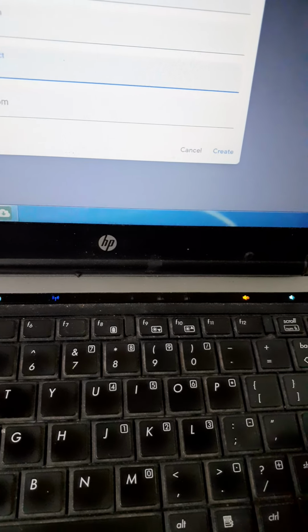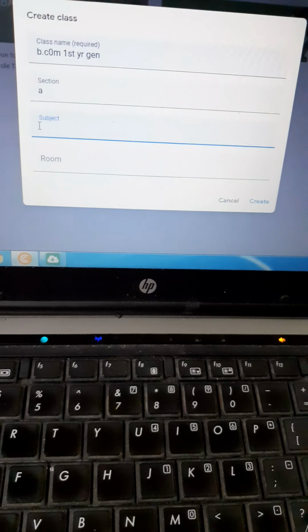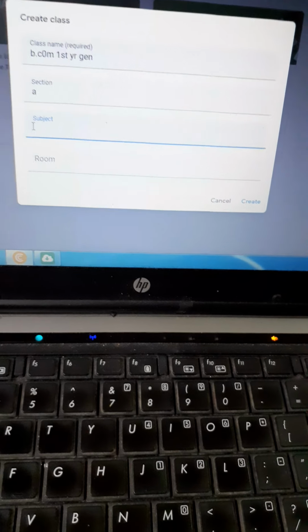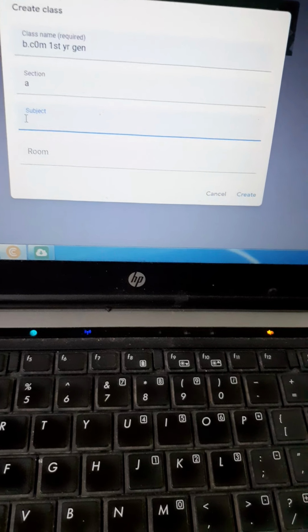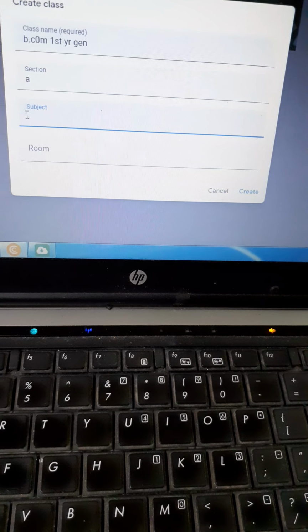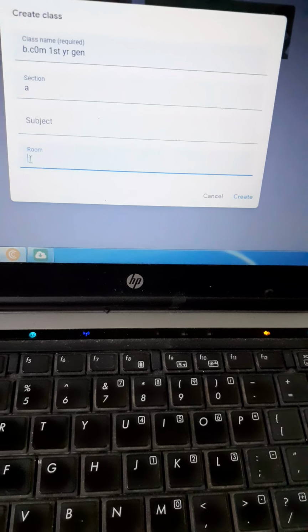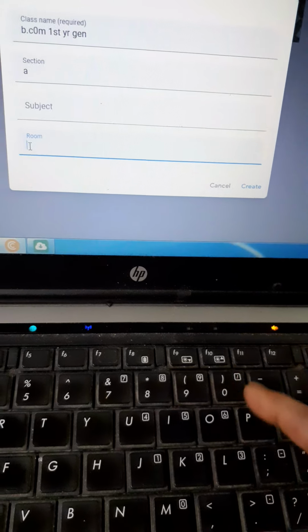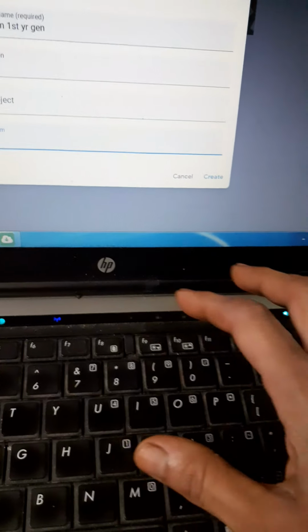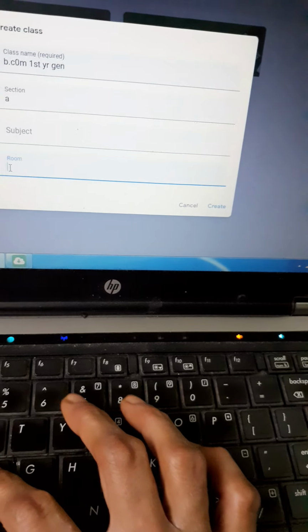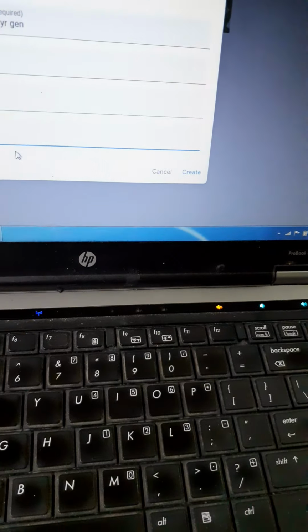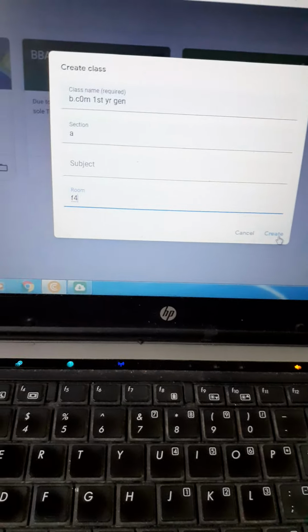Or otherwise, if you are the class counselor, you have to create a class and share it with subject teachers. For that, don't give a subject here. Like this, if there is a room number, we can give the room number 101, F1, F2, F3. Our room numbers are there, G1, G2, G3. These room numbers we can also give, and here we create.